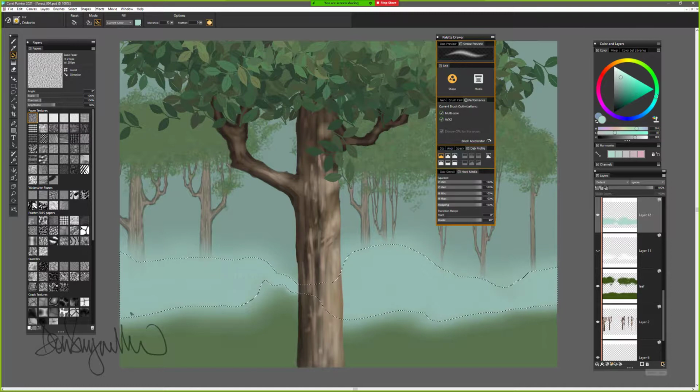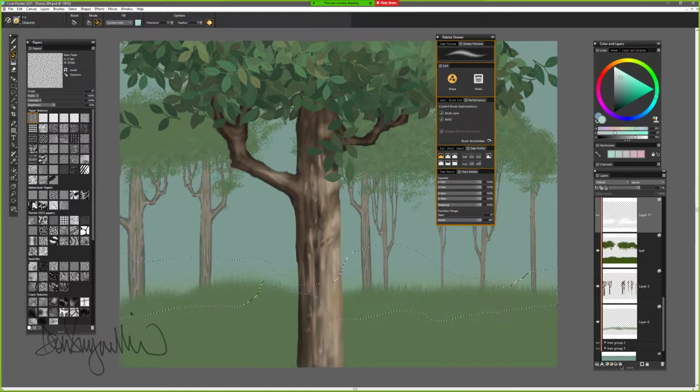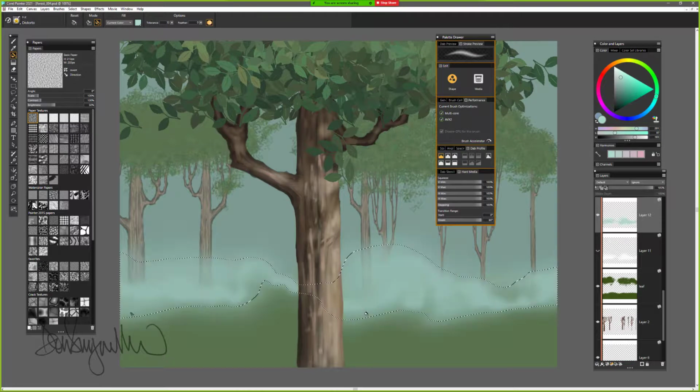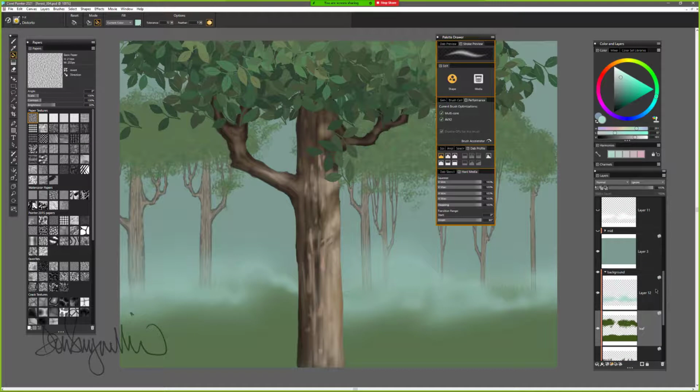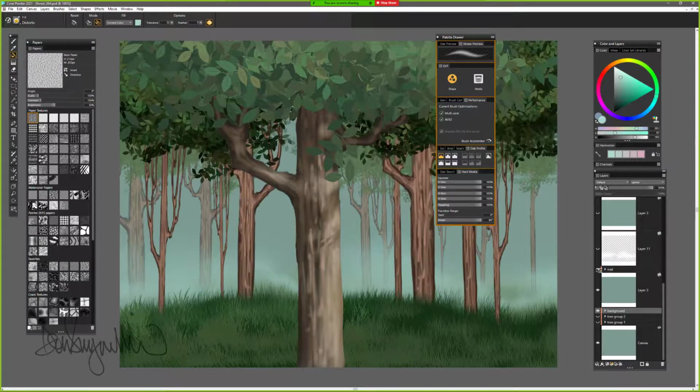And I'll create a new layer. So there's a new one. Okay, so that's still got kind of the foggy, misty thing that I want to do. I'll lower the opacity on that. I'm going to get rid of that layer. And so now my first pass of fog is done. So here's my mid-ground,